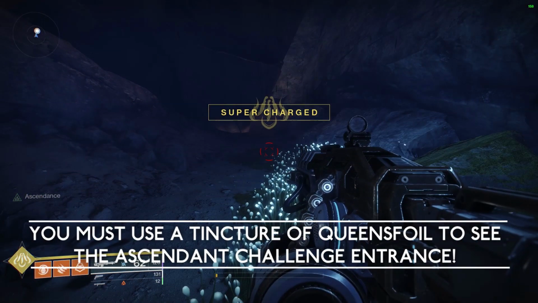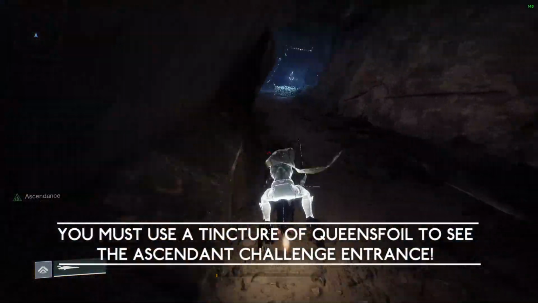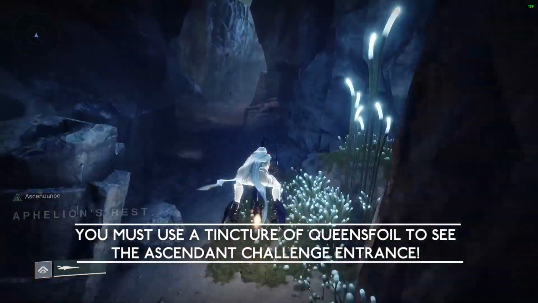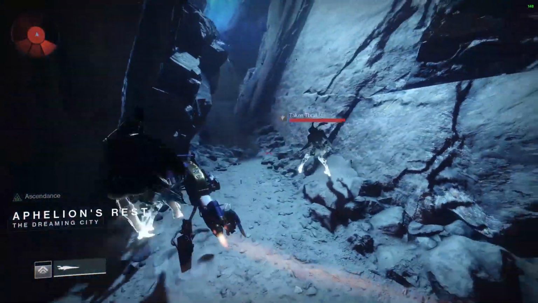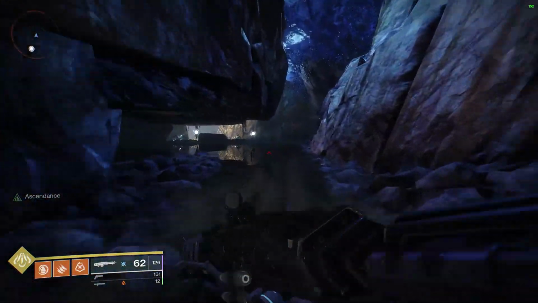This item allows you to see things inside the Dreaming City, secret items and secret locations, including the Ascendant Challenge. You will not be able to see the portal if you do not have Ascendant equipped. You can see it on the left hand side of my screen. There's a thing that's blinking Ascendants that lets you know that you are going to be able to see the